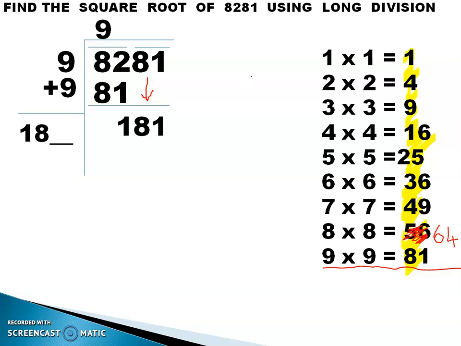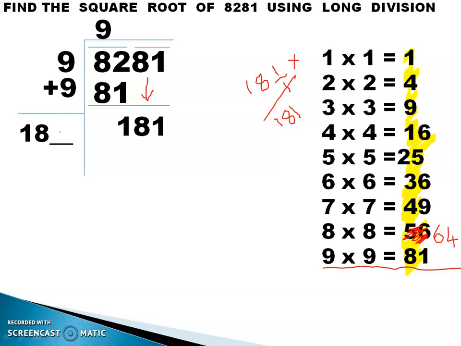Here, what you are going to do is, you have 18 and a dash, isn't it? Now, you will put 1 here, and whichever number you have written there, you will put the same number here also. 181 into 1, what is that? It is 181. The same number you will write here. I put 1 here, the same number at the top, and 181 into 1 is 181. Students, once again, how will you find that number?